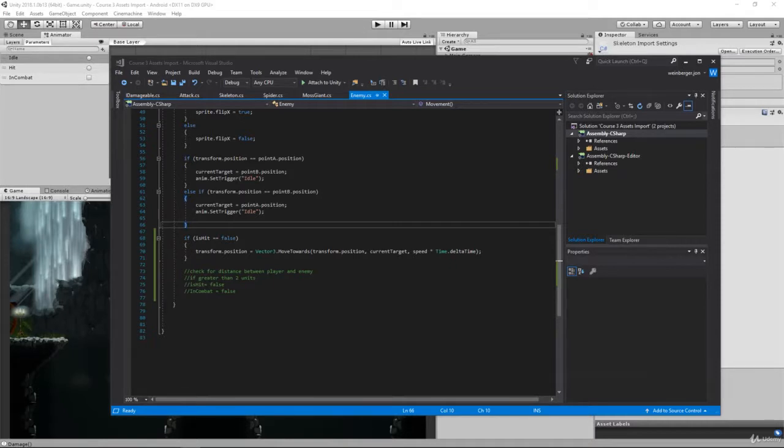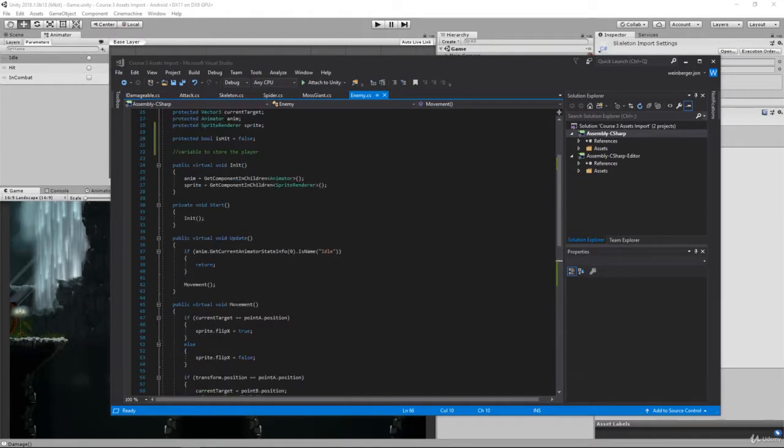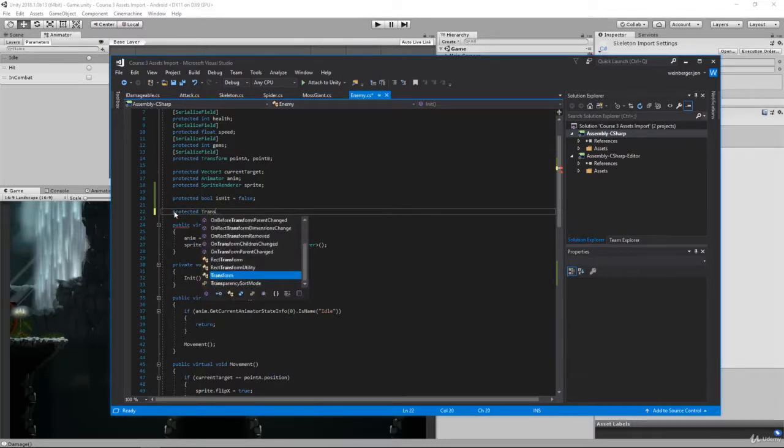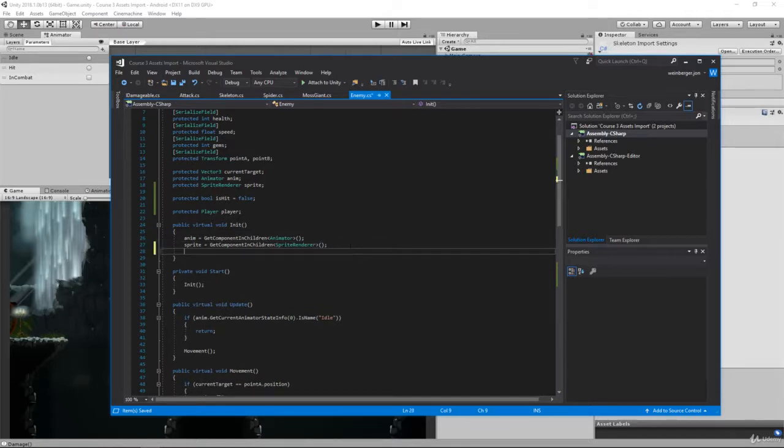In this challenge review, we're going to solve the resume skeleton challenge. To do that, we need to start off by getting a reference to our player. So we're going to say protected transform. Actually, we can just grab the player script. So we can say protected Player, and then underscore player, or just player, since it's protected. And using void Init here, we'll say that our player is going to be equal to